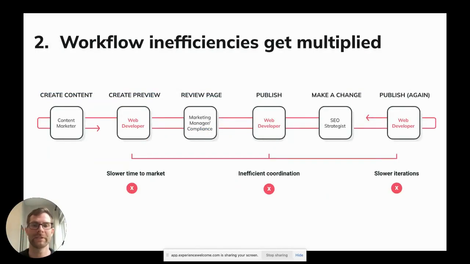One of the second issues we see is that workflow inefficiencies get multiplied when you add on multiple international sites. So let's just take an example of getting content to market today, how you do it. So we've seen teams that have a content marketer, maybe create some content, passes it off to a web developer